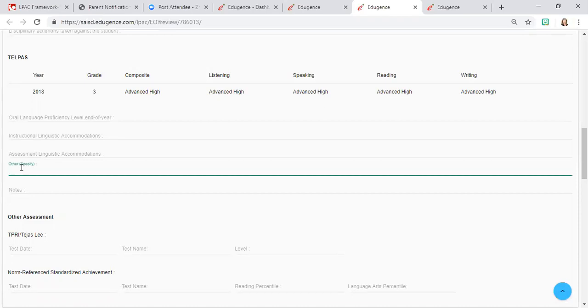So if you have some kids that you've been monitoring and you've been doing that 9-week monitoring and you're noticing that they're really struggling, that would be something that you're going to want to put in other. What class maybe did they not pass? What kind of intervention program is happening? This is going to be very important for your 5th and 8th grade kids, especially when it comes time to